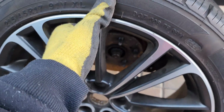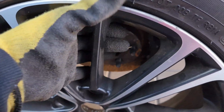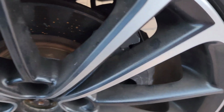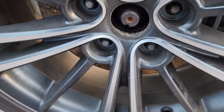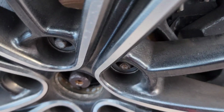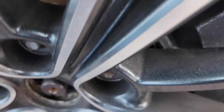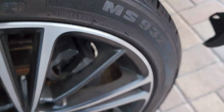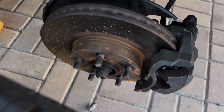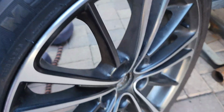So here's the problem. I'm gonna do this one with one hand. It's kind of difficult, but here you can see the wheel fits because it's 5x100, but it touches or rubs the brake caliper. I'll show you where it scratches the wheel. You see there? It scratches the wheel,